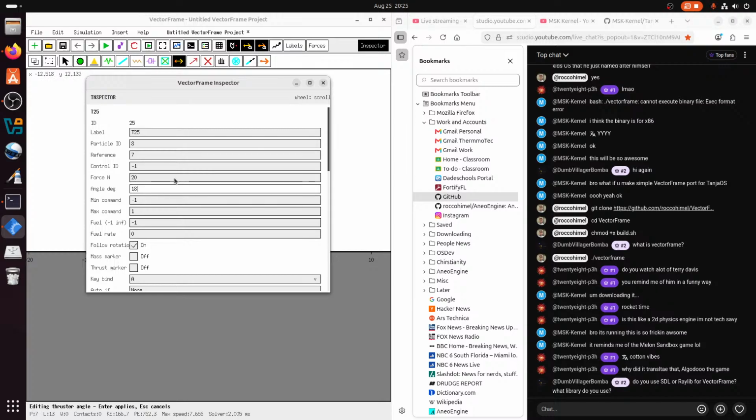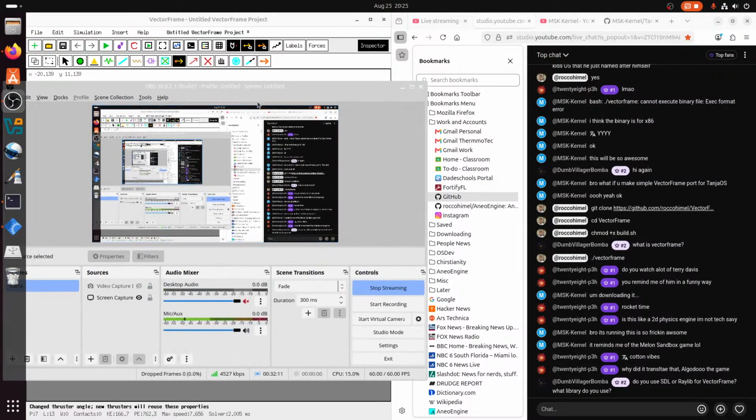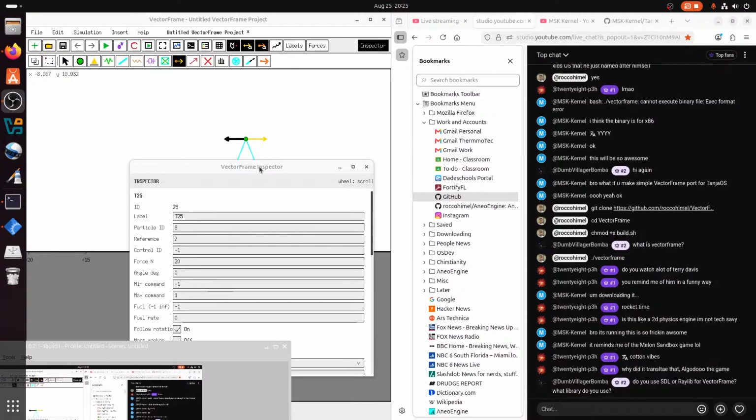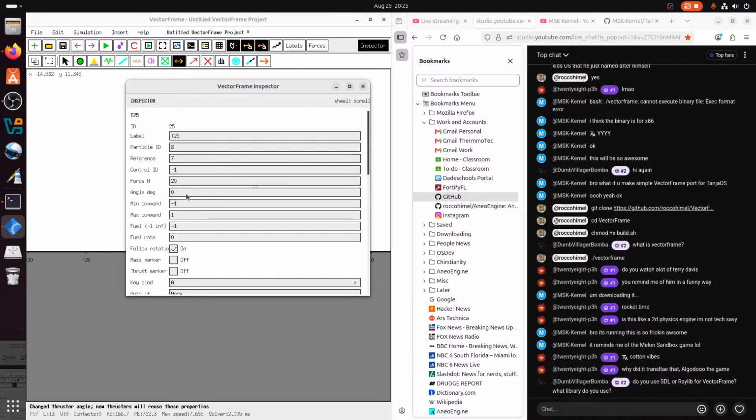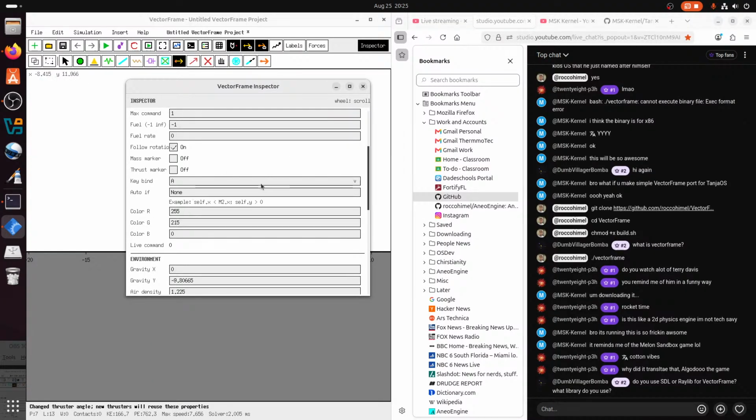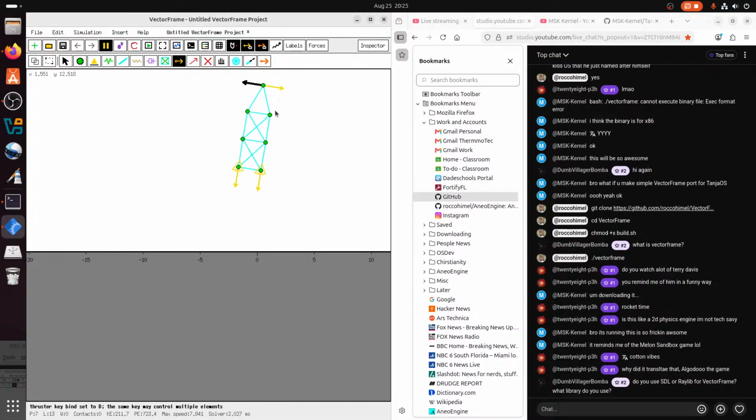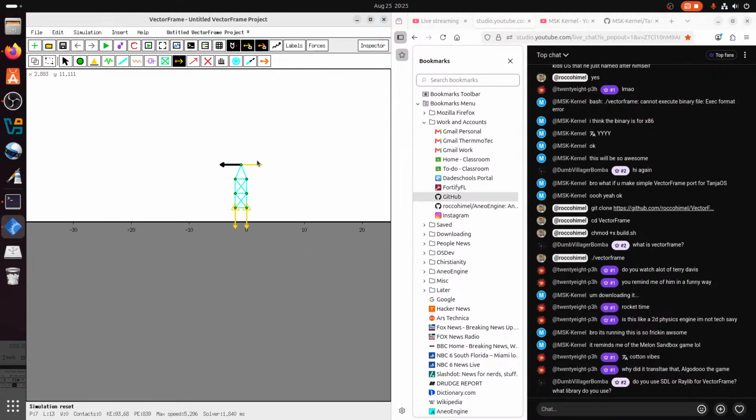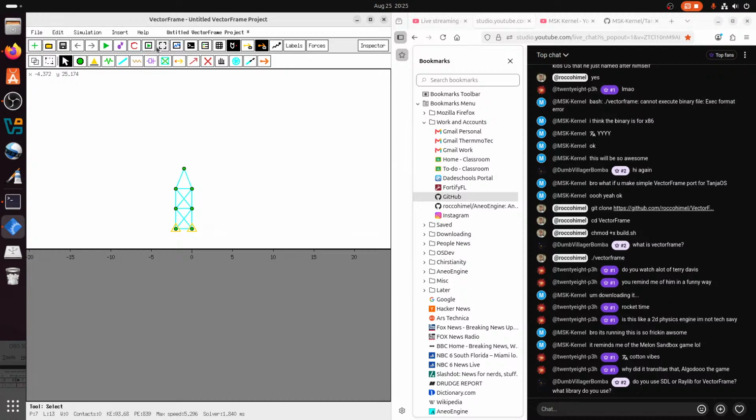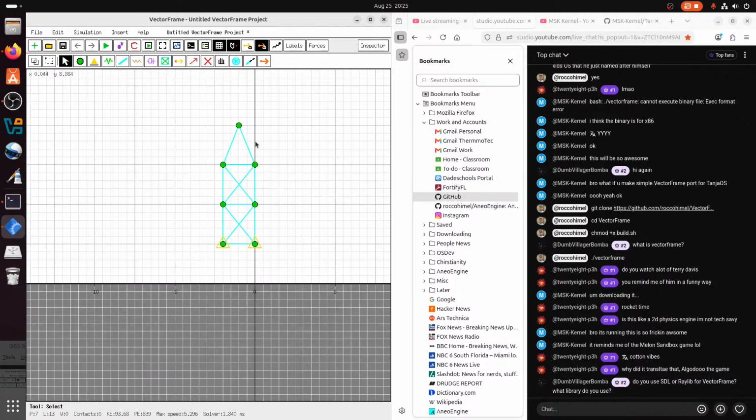Make that 0 degrees. I have that right here. Because now if we do D, boom. So these are just visualizers. We can turn these off. And if we highlight a mass,